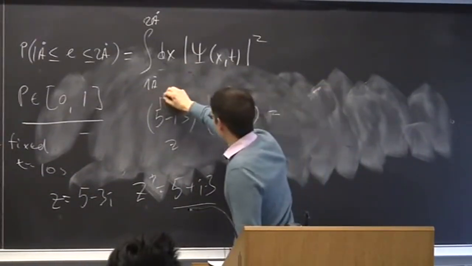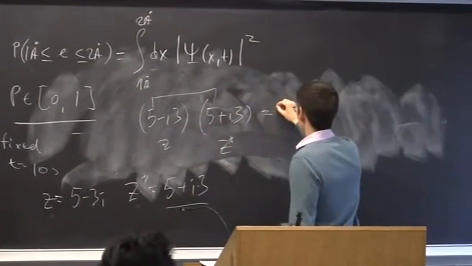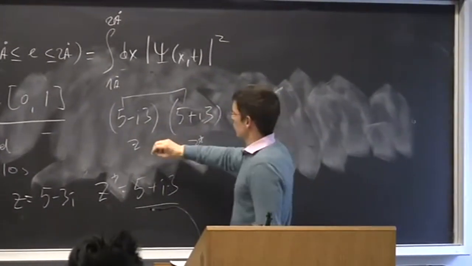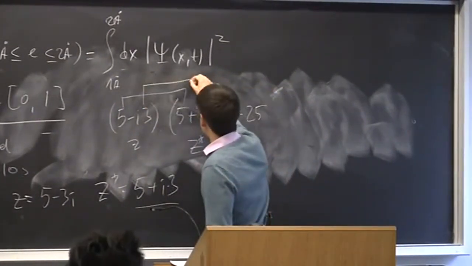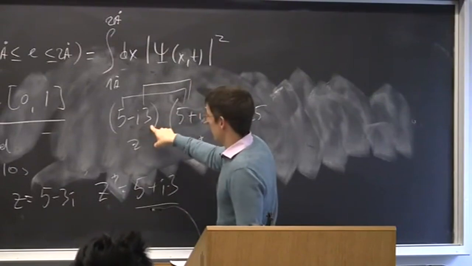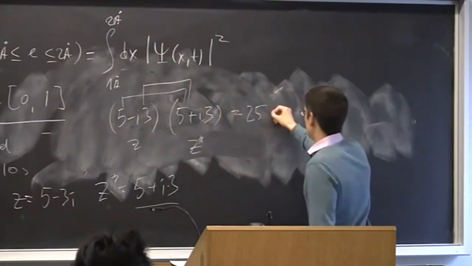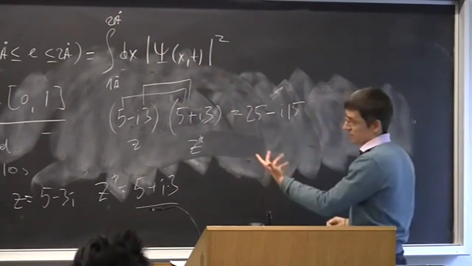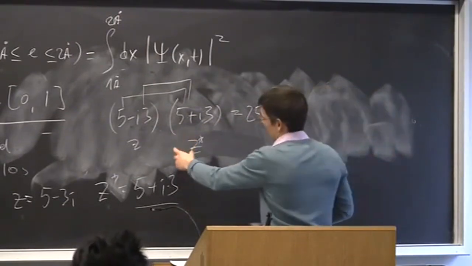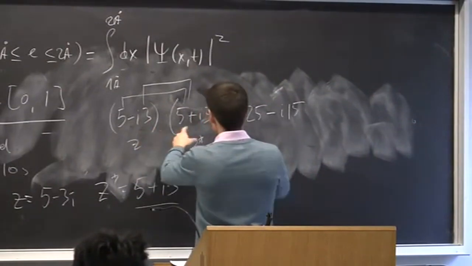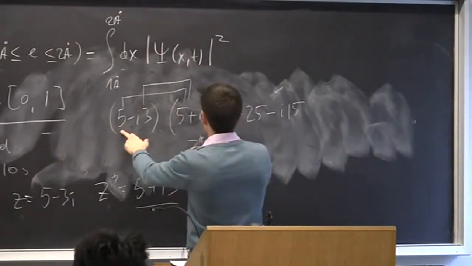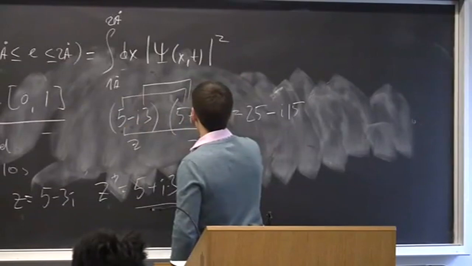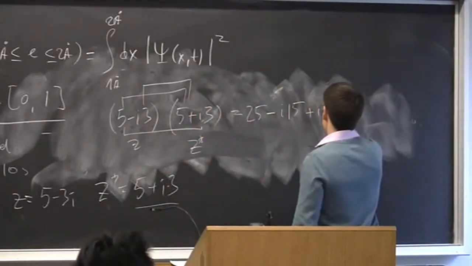We multiply 5 with 5, 25, right? Then we multiply minus I3 with 5, minus I15, right? 5 times 3 is 15. And then we do the same thing with 5 multiplying I3. That's a plus I15,